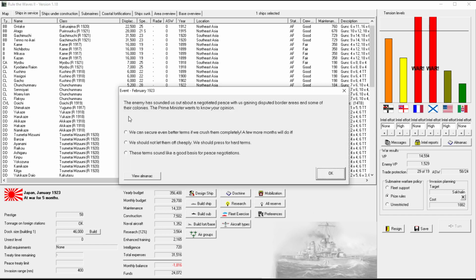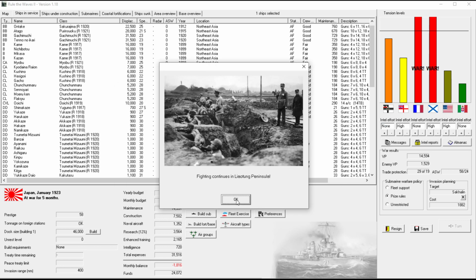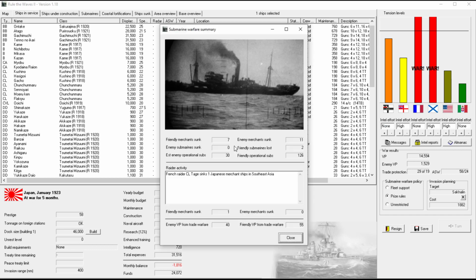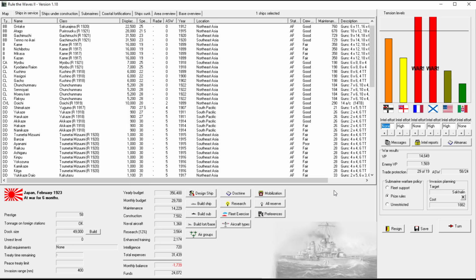Okay, our new docks were completed. That's good. Let me sound about, we'll secure better terms. We fight on. We want to finish these invasions. That's still, well, you know what? Actually, considering they have 30 operating and they killed 7, 126 operating and then killing only 11 is not exactly...